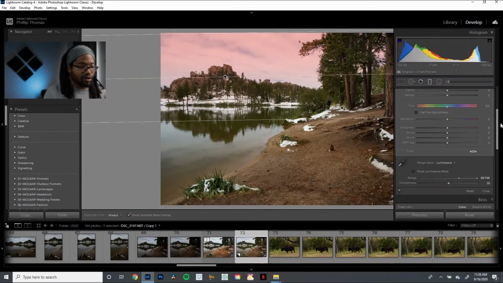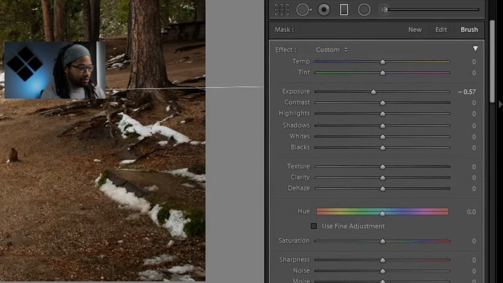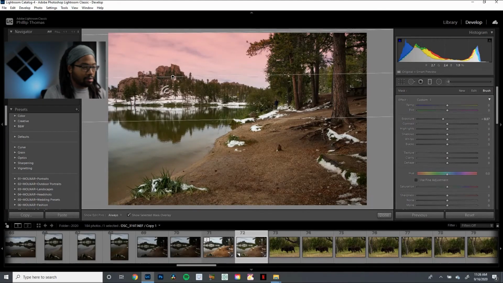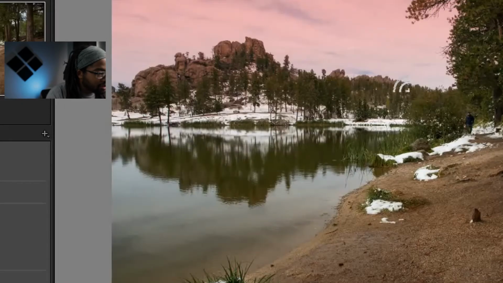So what I'll do is I'll go over here to the brush, and that's just within the gradient filter tool, right? And what I can do is go down and press A, and that's going to turn on auto mask. And what auto mask is going to do is detect an edge. So what that means is that I can paint along the edge